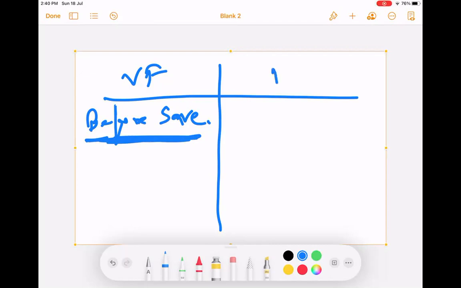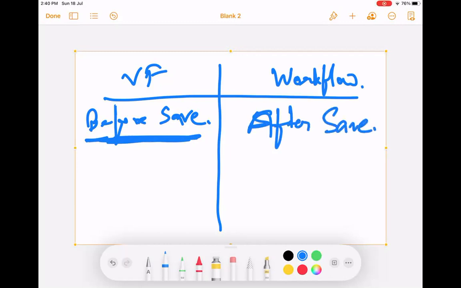But there is a new thing called workflow rule, which is firing after save. So what is its job? Data is already saved. I cannot do anything with the data. After save is required for some things to do, maybe sending emails.